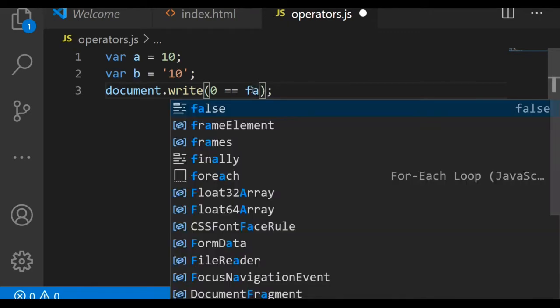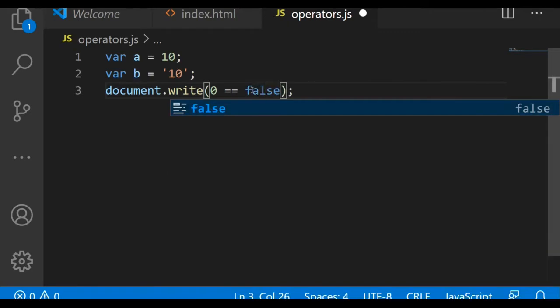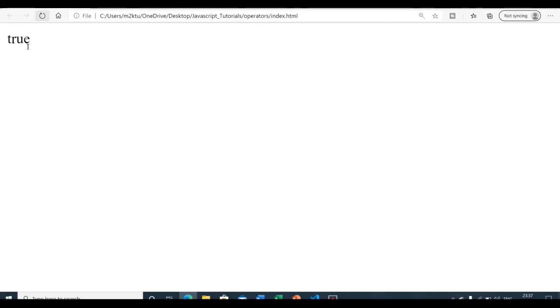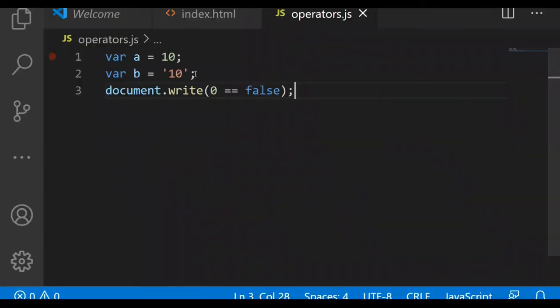If you see this, it doesn't look like it will be the same, but if I show you the result, it will give me true, as false was a boolean but was changed to a number during comparison, and that means 0. Likewise 1 == true also returns true.